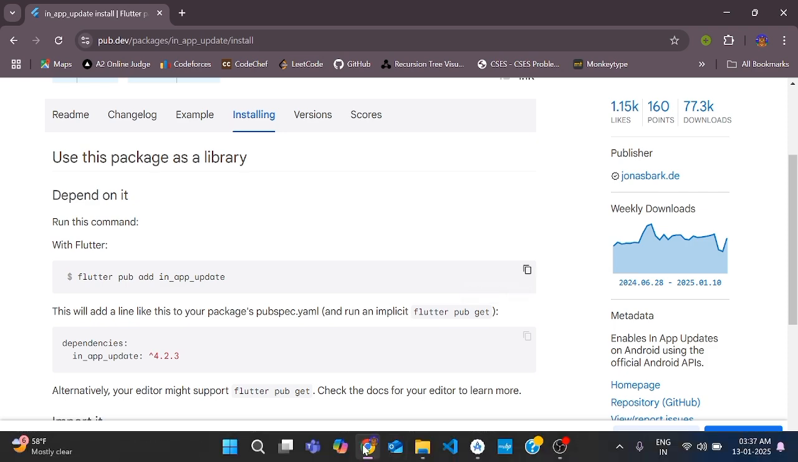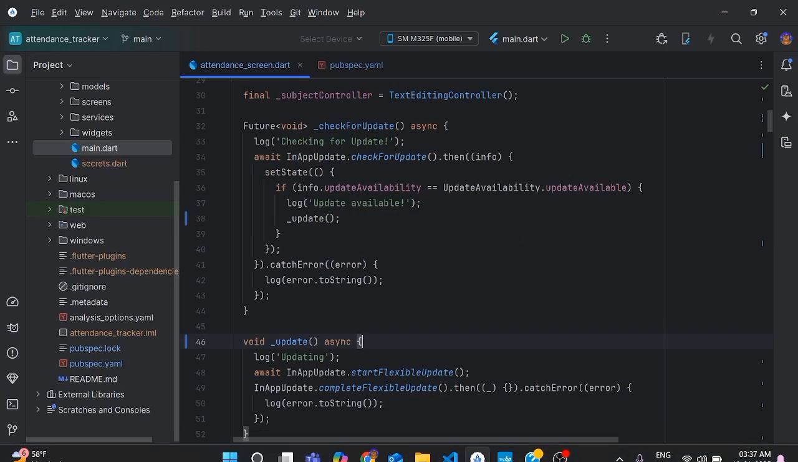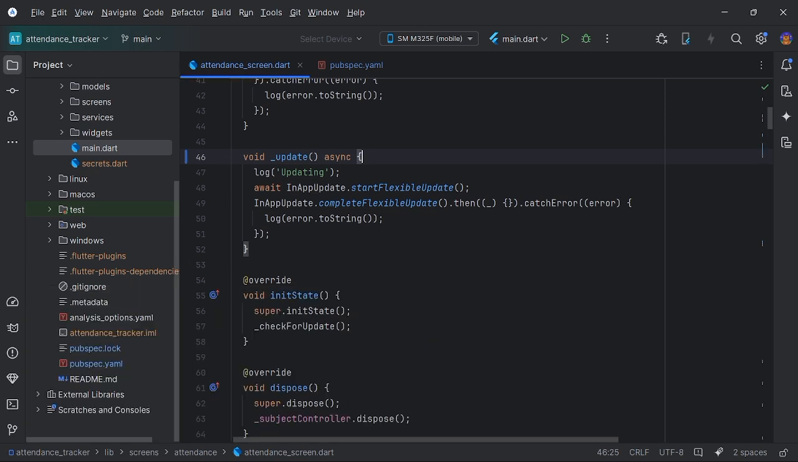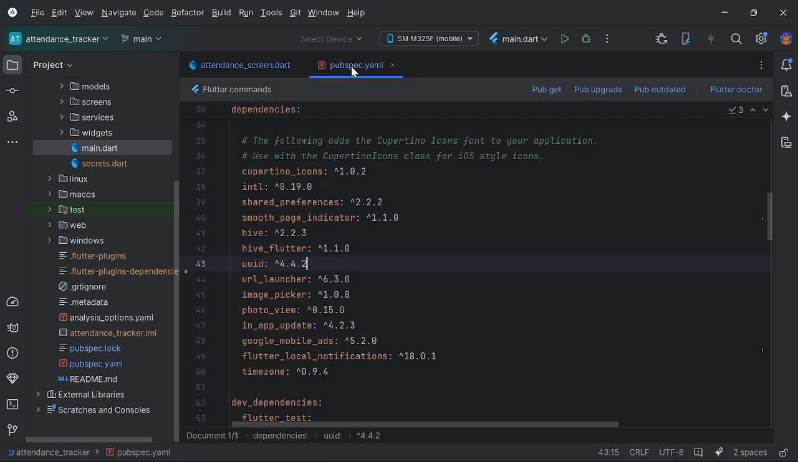Then open your Android Studio and open the terminal and paste it here and then click enter. So after installing the package, inside the pubspec.yml file, you can see here that our package got added in the